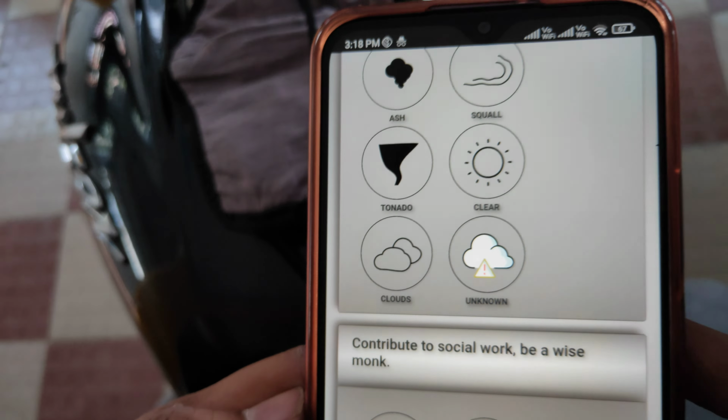suppose anybody is going through this location again, they will put the destination here, Begur to Mysore. They will get locations like this. Now you can see here cloudy, right? Drizzling is the false one. That is from the Google server. That is false. Here the actual weather is cloudy.